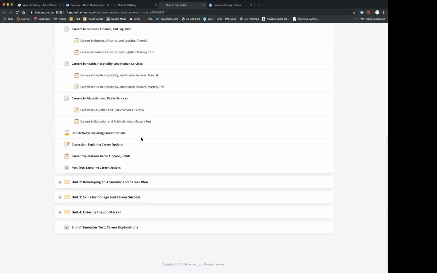And then the big thing is going in and doing an activity where we ask the student to go in and actively explore.